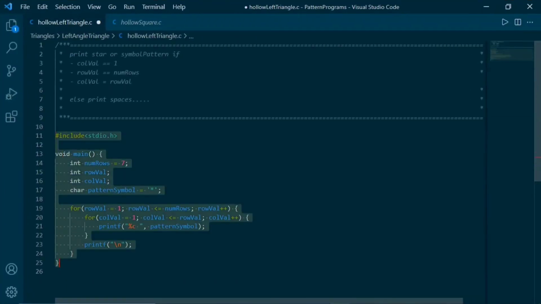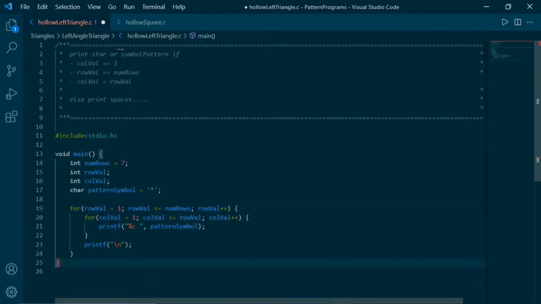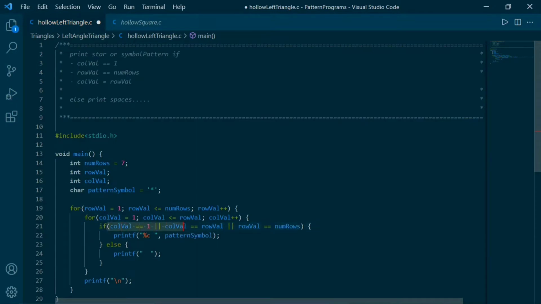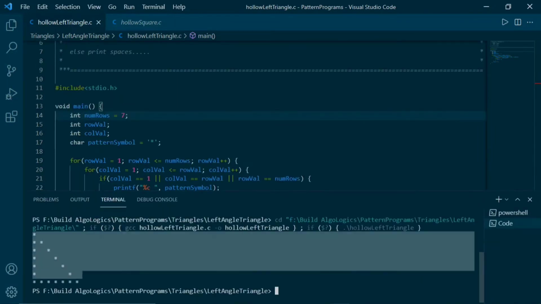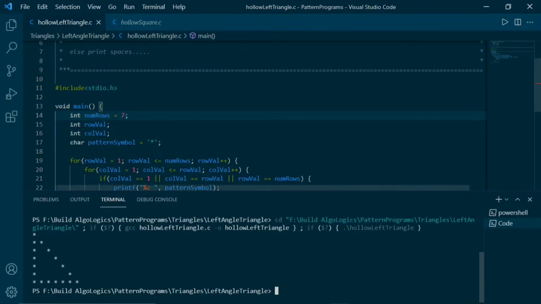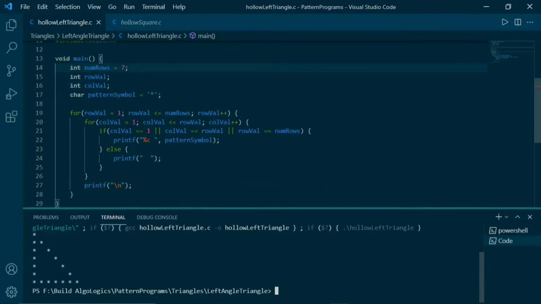Here, this is the code that we wrote earlier for printing the solid triangle pattern. Now, in this pattern, somehow we need to include these conditions to restrict this loop to print stars or pattern symbol only when the conditions are satisfied. For this purpose, we'll use our if block as before and put these conditions inside it in this way, and write our printf functions to print some stars or pattern symbols. And yeah, that's it. Let's run it. Alright, so here we successfully wrote our code to print this hollow triangle pattern. Now let's write code for the next one.